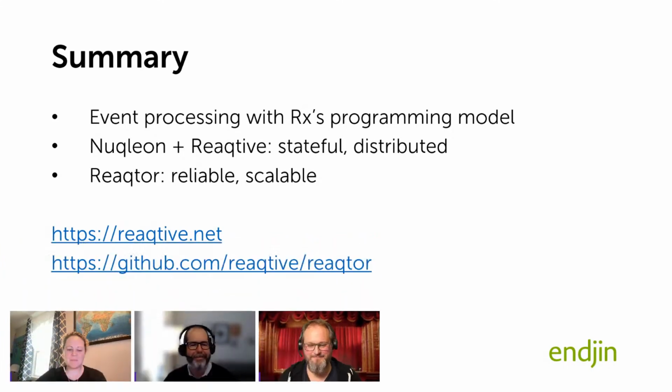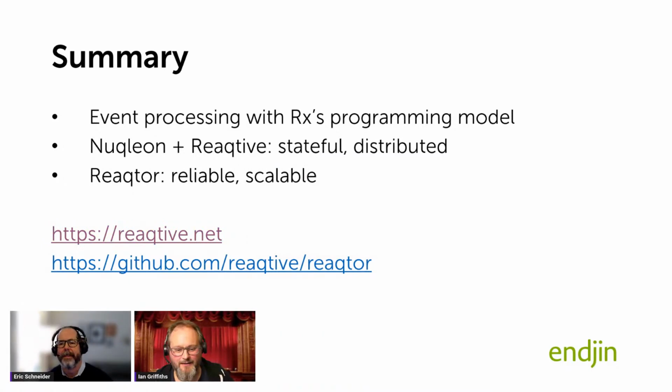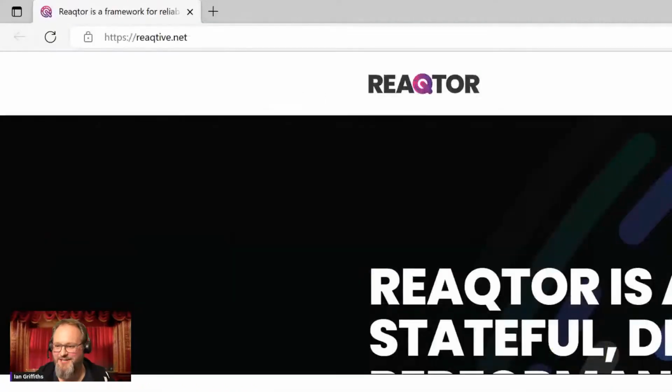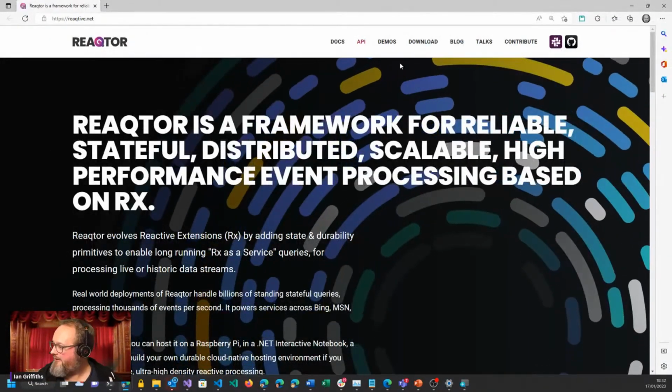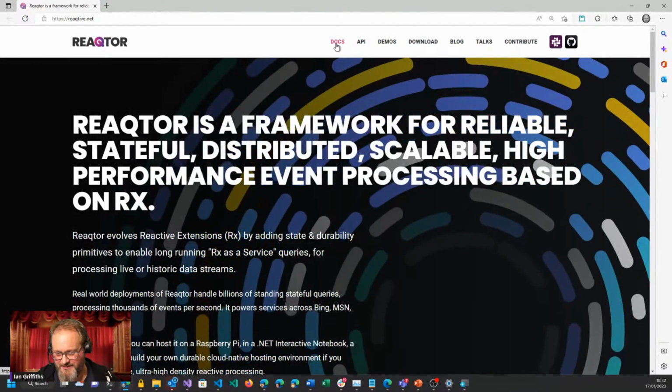So obviously, if I want to learn a little bit more about Reactive, I should go to reactive.net and go through. Do you have tutorials? Kind of what does that look like? Can you drive us there quick? Yeah, sure. Let me drag that onto the screen. There we are. So we have API reference documentation in there, and also conceptual documentation.